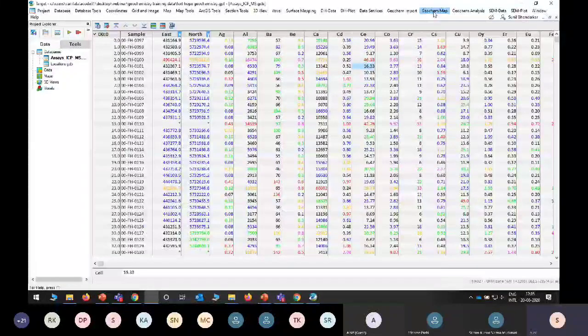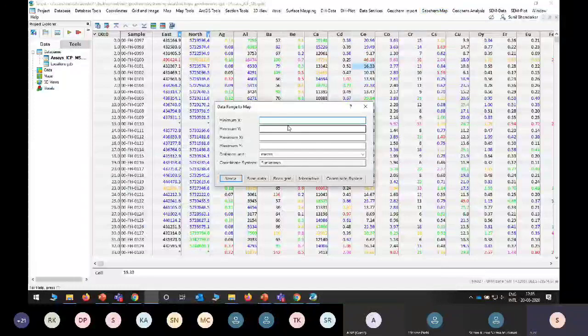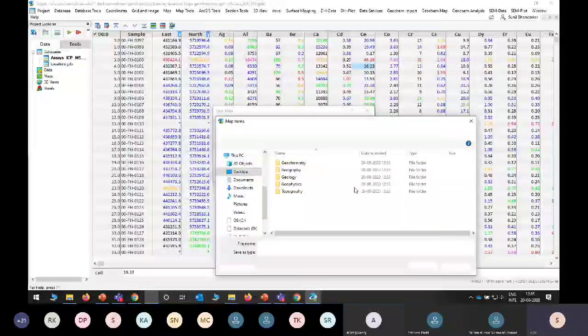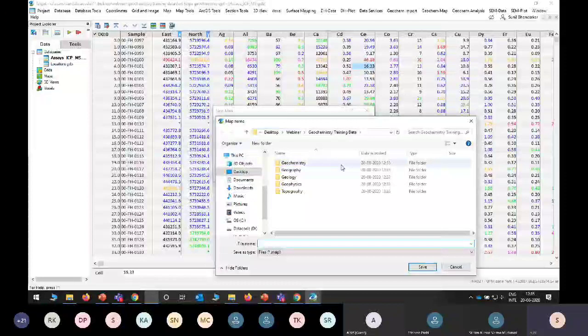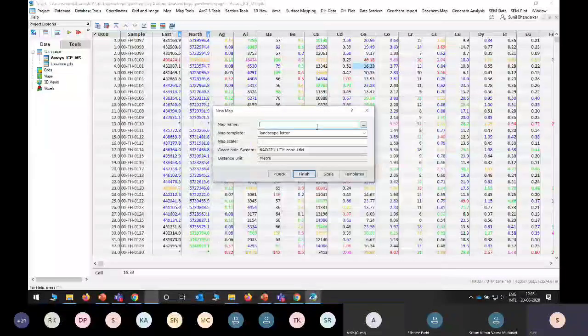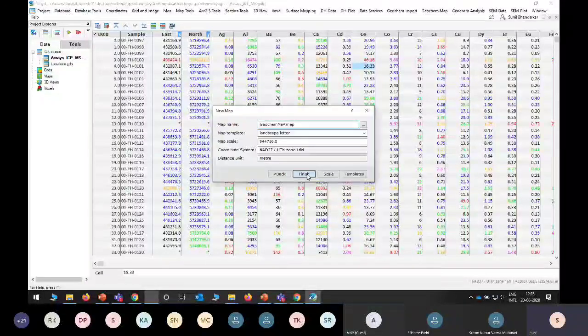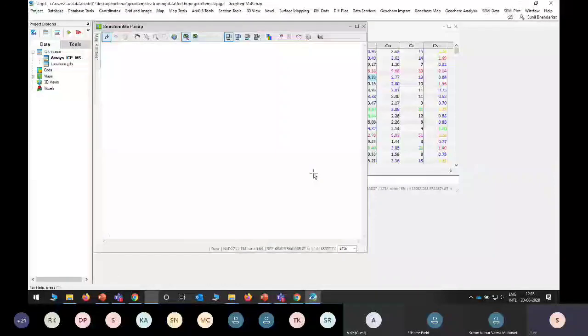Next, map name, geochem, scale it. You can see this is the blank map. Now we need to create a grid.